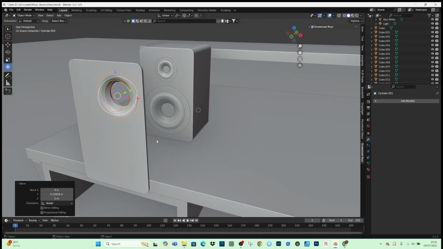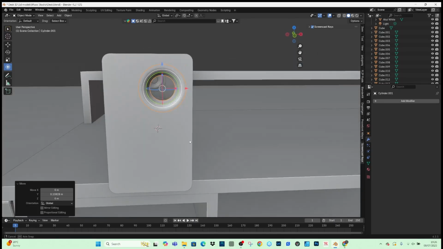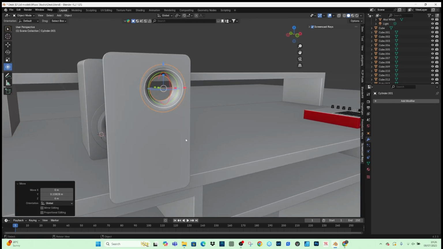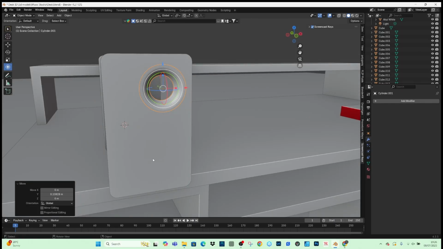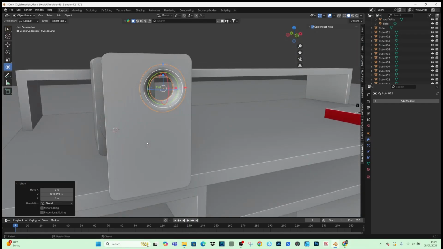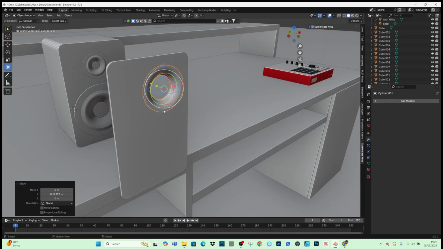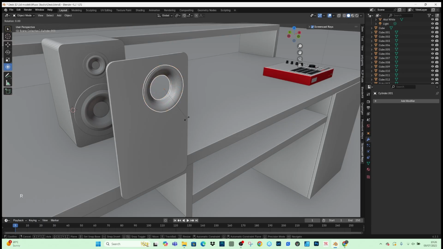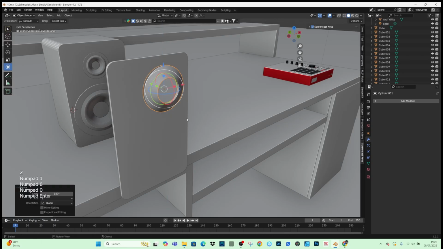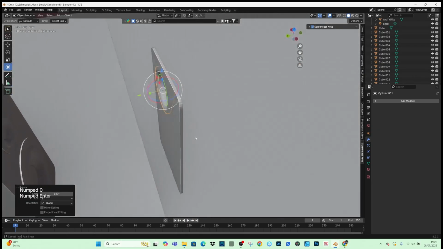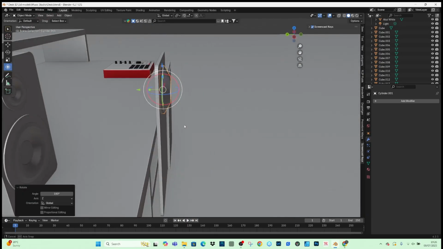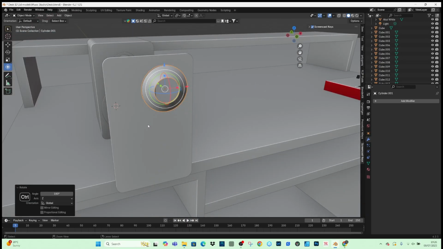So that's like our subwoofer. Maybe it's here, and I don't know anything about speakers, but I mean that's going on the back. So I guess we need to flip that. So rotate Z 180 like so. Then oh bollocks,